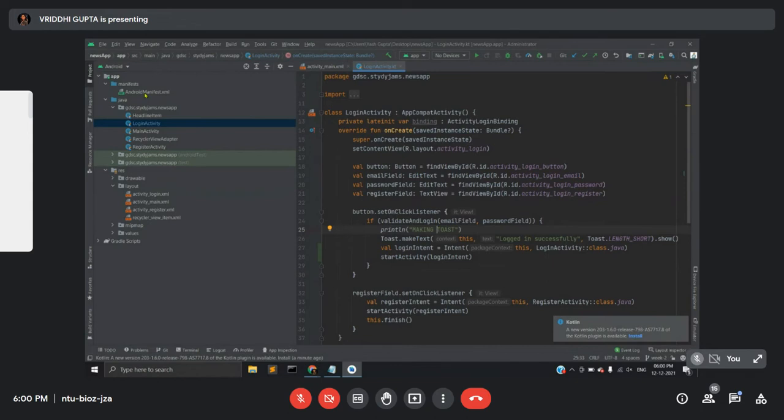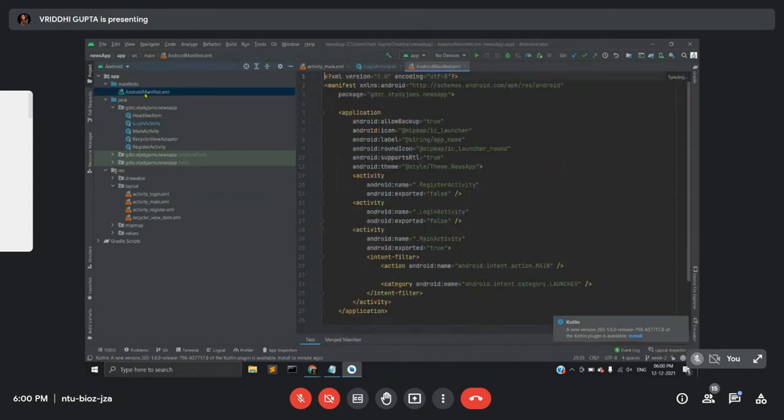So one more thing that we have to change is in the Android manifest file. Here, as you can see, two things are defined. One is login activity and the other is main activity. So you will change this login activity to main activity and this main activity to login activity. Now, whenever you start your application on your phone or on your emulator, then the login activity will be opened